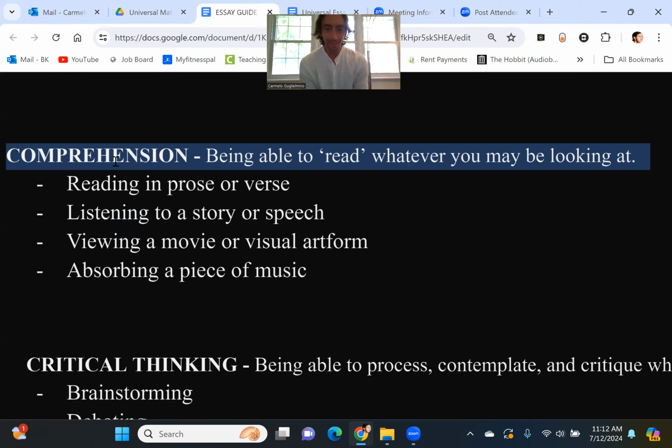However, that does not mean that for the other 4,000 years of recorded human history, the majority of people were illiterate, were unable to comprehend anything of any significance. That's absolutely not true. In fact, whether you're taking my humanities class, an ancient history class, or an ancient literature class, you're going to find out that the majority of human beings very much had a high level of comprehension through the means of listening to stories and to speeches that they were exposed to at that particular time and place. So what does that mean for us?